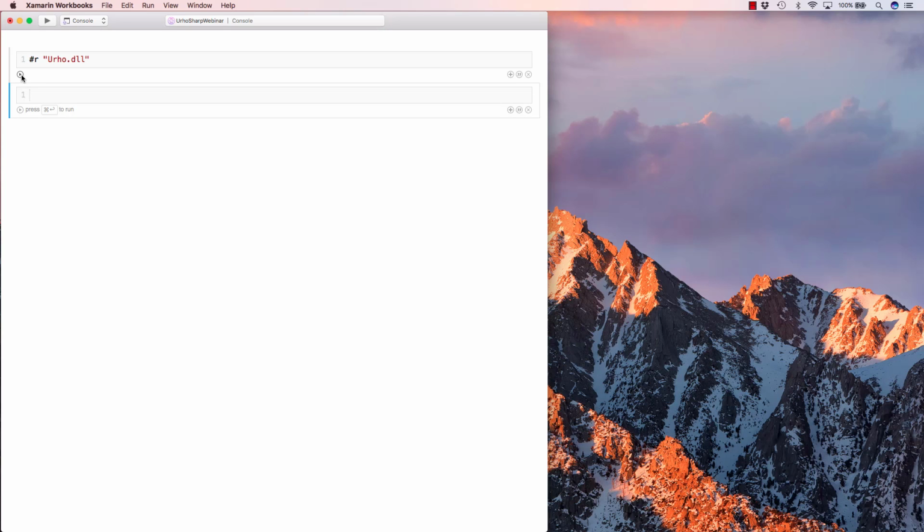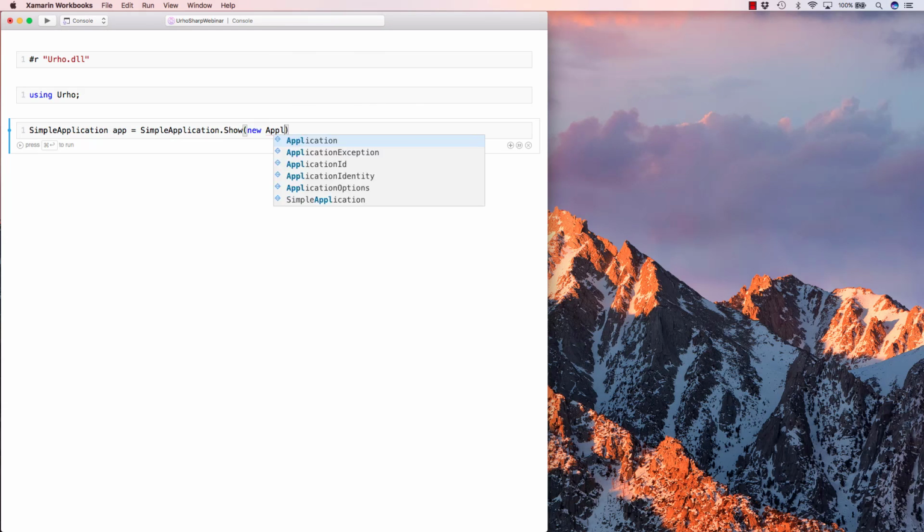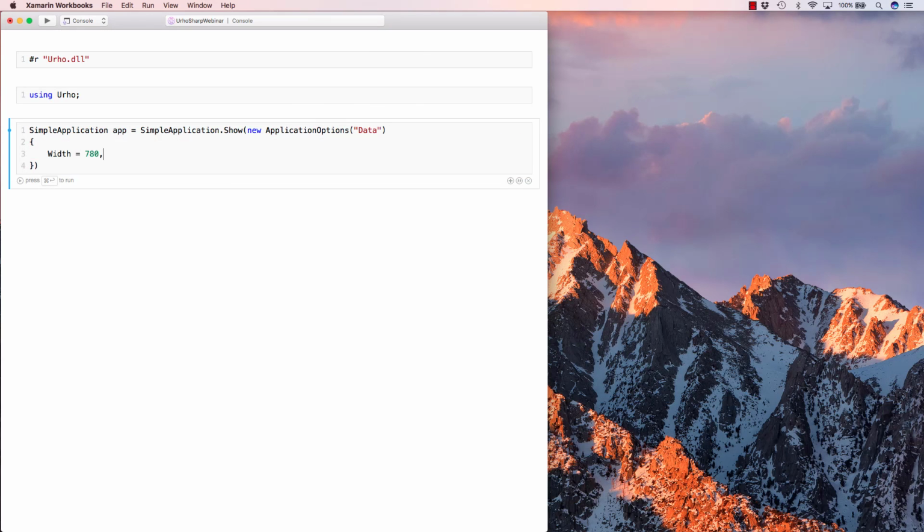For most of this workbook, I'm only going to need one using directive. Now normally, in an application that uses UrhoSharp, you derive a class from the application class and override several methods, and then you instantiate that class. That approach would not be sufficiently interactive for workbooks, so a special class is available instead called SimpleApplication. The SimpleApplication.Show method has an argument of type ApplicationOptions that you can use to specify a directory containing program resources and to do things such as specify a width and a height of the window. Execute this block,